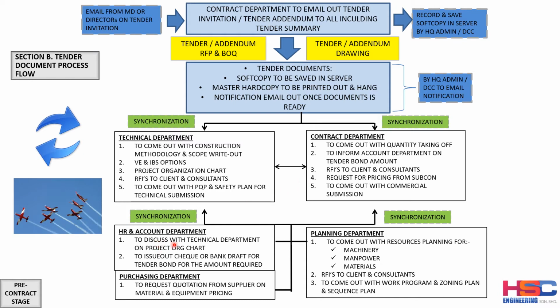And the HR and account department also play a role during the tender stage, because they have to discuss with the technical department on the project org chart. Is the company having the right candidate or the right staff for this type of project? So the feedback must be given by the technical department to the HR. If they don't have the expertise, they don't have the staff that is suitable as per the requirement in the tender,